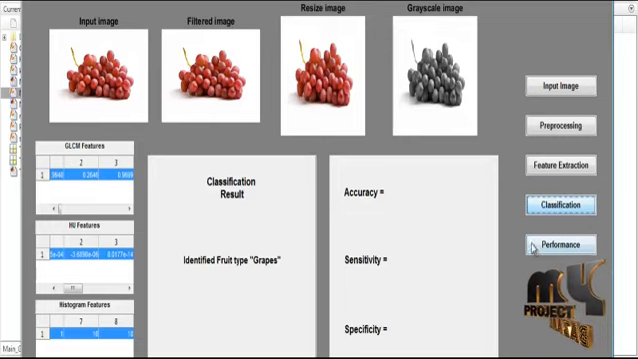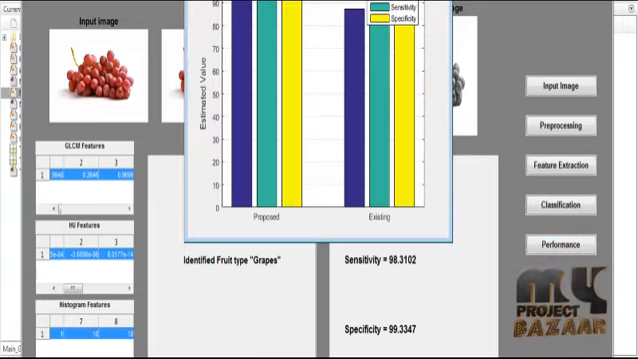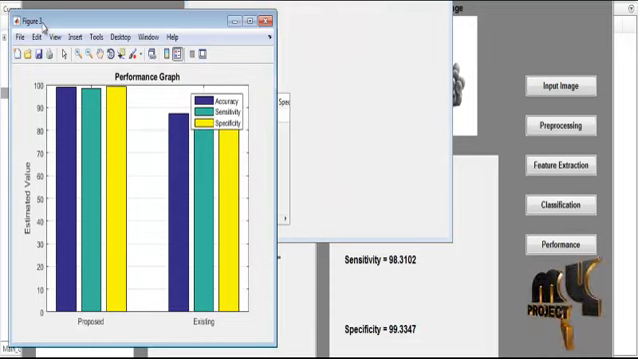After the classification, we move to the performance estimation. In this performance estimation, we have three kinds of performance: accuracy, sensitivity and specificity. These are the values of accuracy,